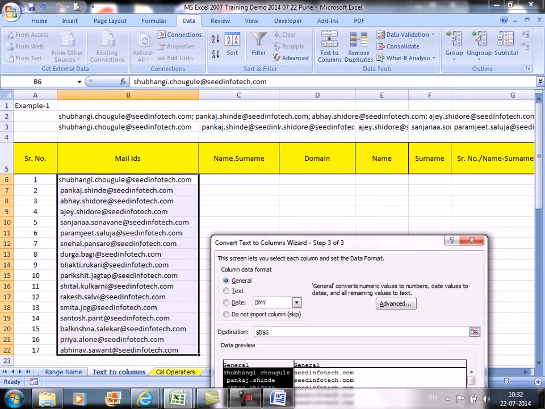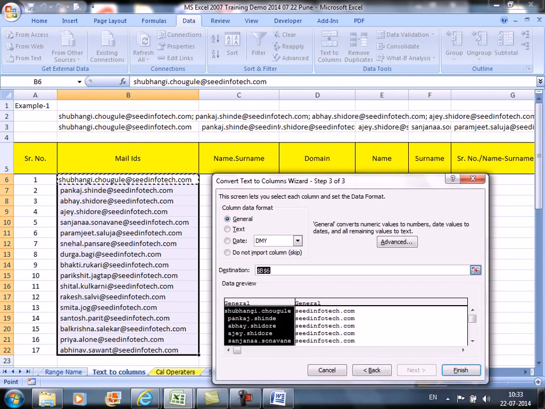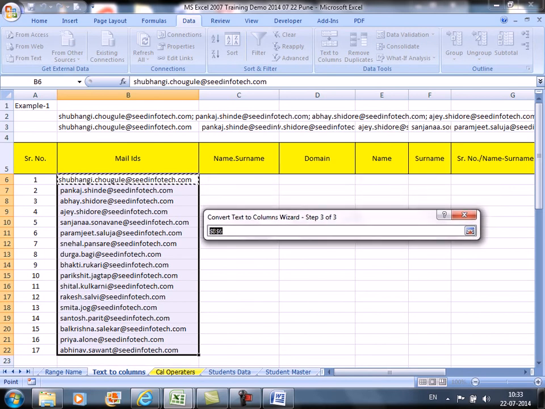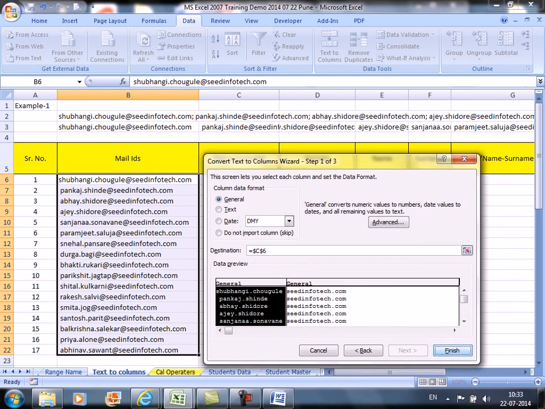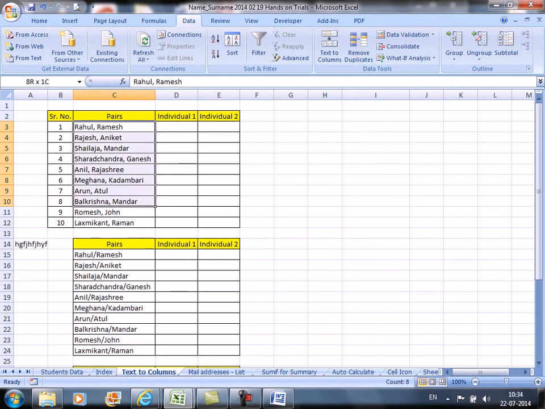Since we want to have it at this particular cell, C6, we separate out names from these pairs, right? So select the pairs.